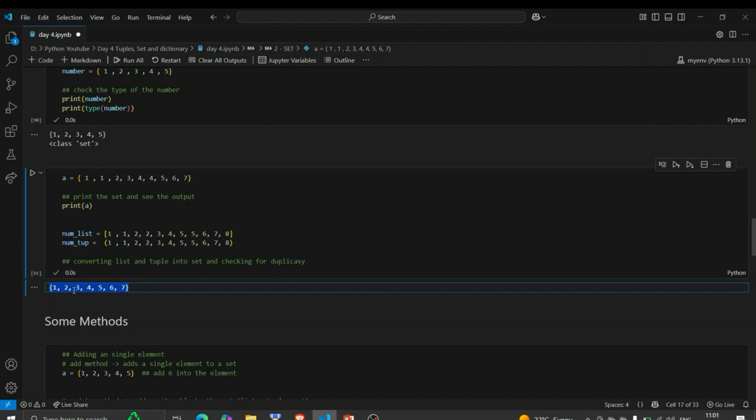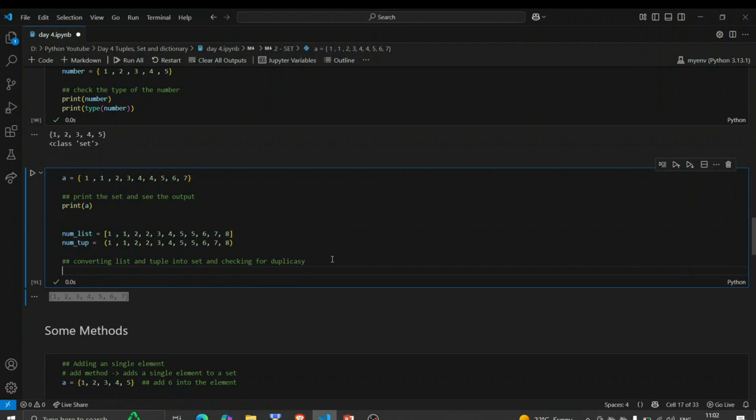And this is one of the most important and greatest features of a set, which will be really useful when you are dealing with duplicate values that you don't want in your program. Now I have created one list and one tuple. I will show that in this list there are some duplicate values, even in the tuple. If your code requires only unique values from the list or tuple, whatever you have,